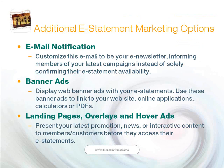And just so you know, when we talk about e-statements, there's even more marketing opportunities than just the onserts. Obviously, when you're sending out e-statements now, you're sending out an email notification typically letting members know when their latest statement is available. Well, we encourage you to customize that email, and make sure that even that email notification goes out and includes information about your latest marketing campaigns and your current promotions, so that even if members don't click on the link to actually view their e-statement,